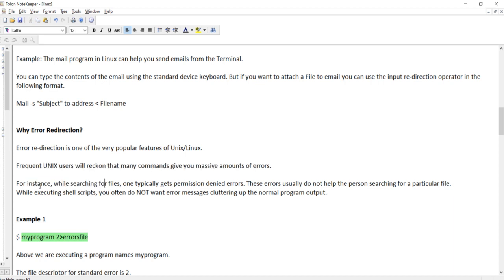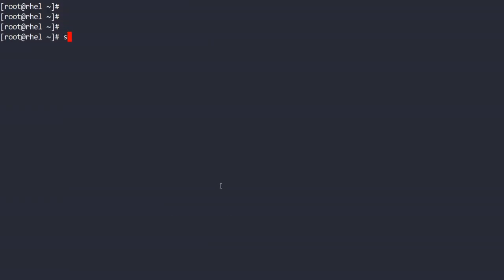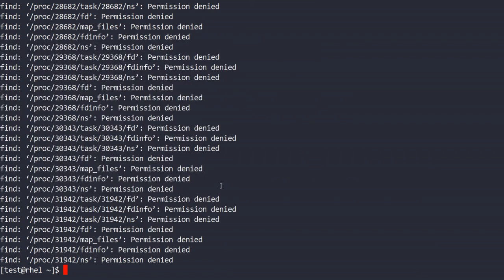Okay, let's take the example of the find command to explain this logic more. Suppose I have a user, test user, so it is not a super user, so it will not have access to all the files. Suppose I run a find command and I want to search for a file abc.txt. See, a lot of permission denied errors are coming. So the user doesn't want to see these errors.